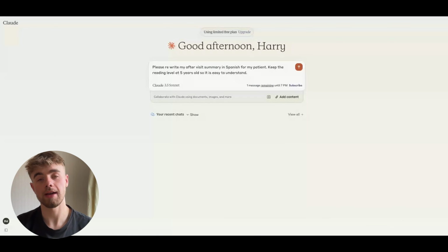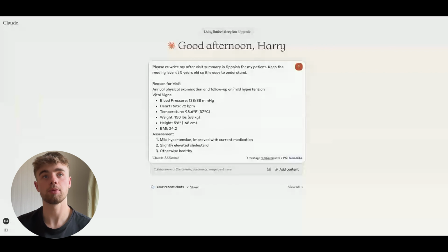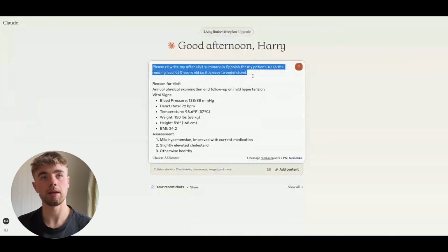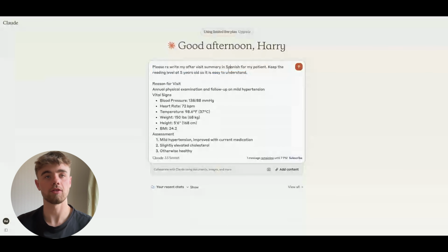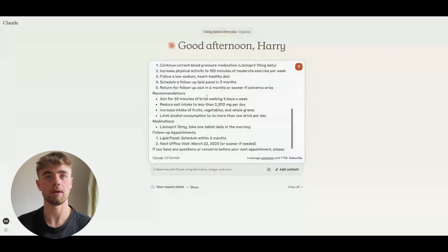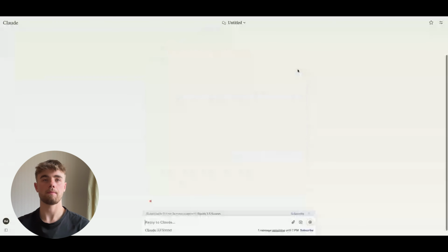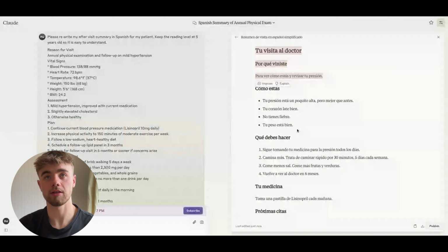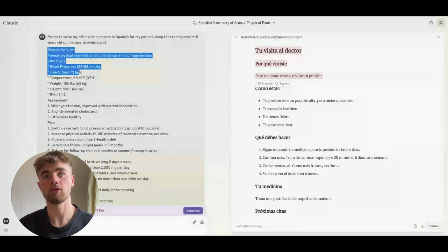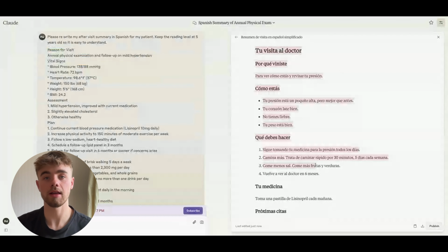Third example of this could be to change a patient summary or a visit summary into the patient's native language. So the example I have on the screen here is, please rewrite my after visit summary in Spanish for my patient. Keep the reading level at 5 years old so it's easy for them to understand. And I've just made a fake summary here. And in a matter of seconds, it's created me a document that's translated all this into Spanish at a 5-year-old